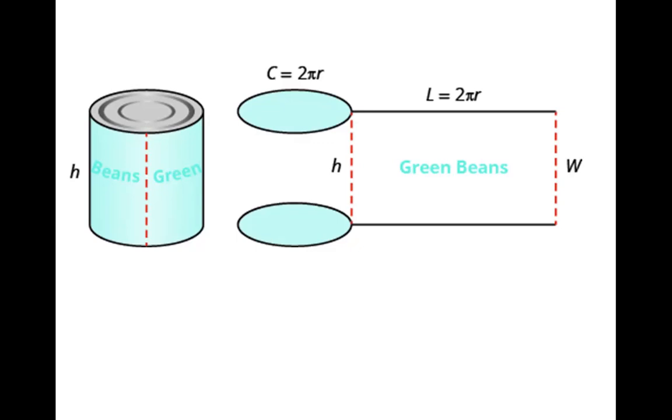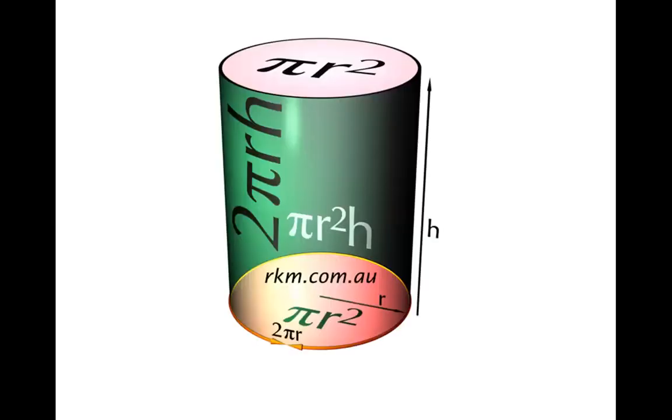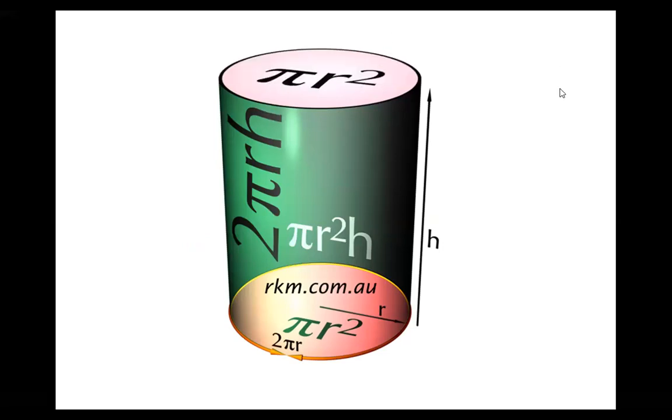Let's now look at the formulas. Yes, this is your cylinder. Look here, all these things represent a cylinder. A cylinder has two circles, an upper and a lower part. The circle has a radius and the cylinder has some height. So this is your radius and this is the height. The circumference of the circle is 2 pi r, and the area of the circle is pi r square. The product of the circumference and the height represents the surface area.